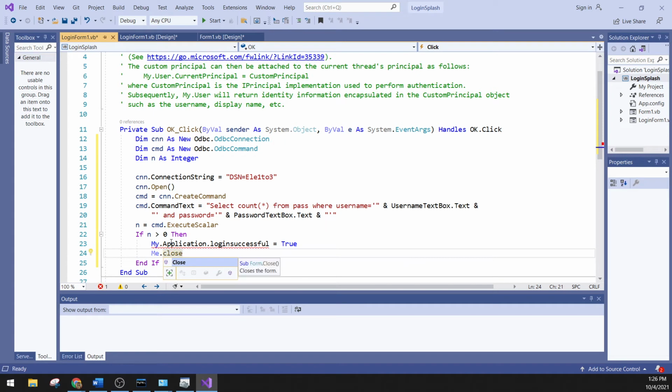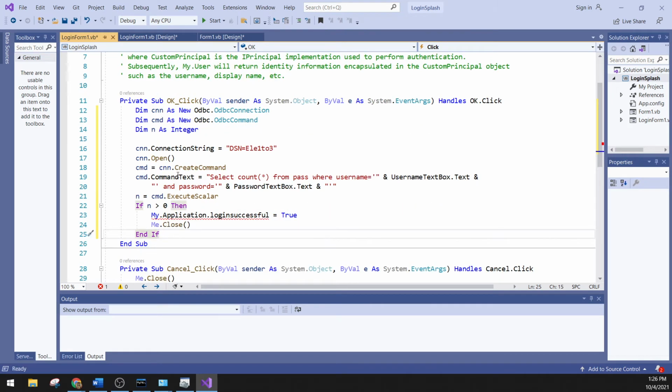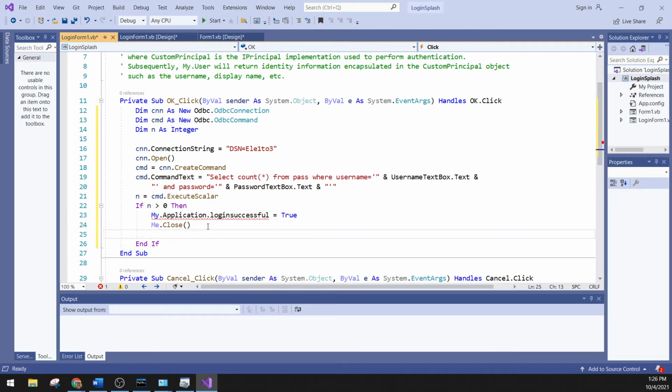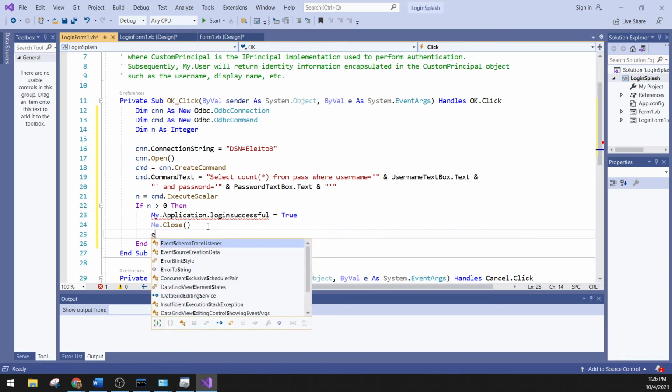Okay? Once it counts as more than 0, it will open this my application, which we are going to execute later, or we'll code it later. And then else